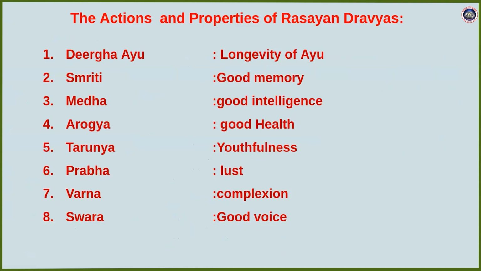So what the actual rasayanas do is they cause longevity of Ayu, Dirgha Ayu, and they improve good memory. They improve good intelligence. They give good health. Overall health will also be good. And Tarunya, it shows the youthfulness in the body. And lustre will be increasing. The prabha, that is called the lustre in everybody, will be increasing. And varna, complexion also becomes good. That means it will become brighter and brighter. And swara, the good voice will also be there if you use these